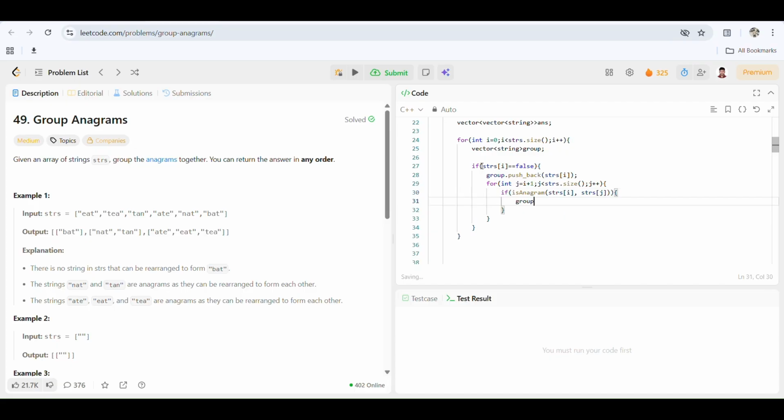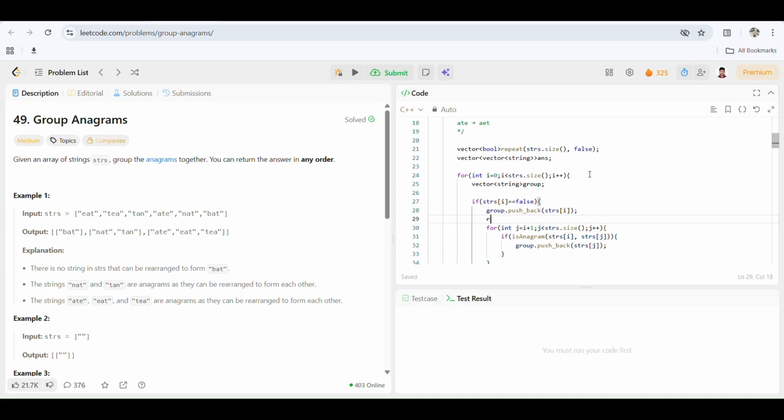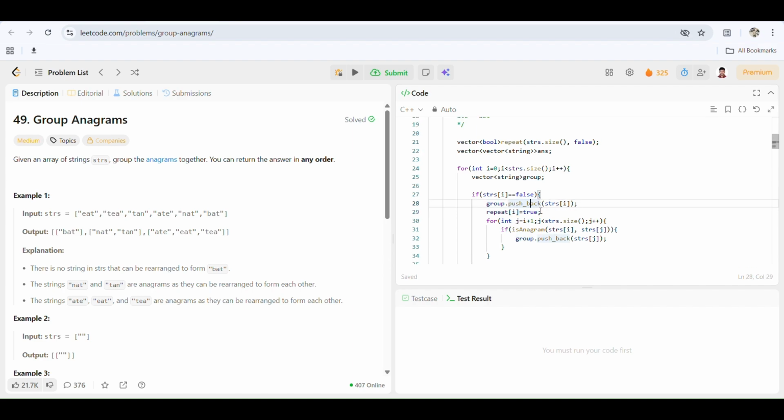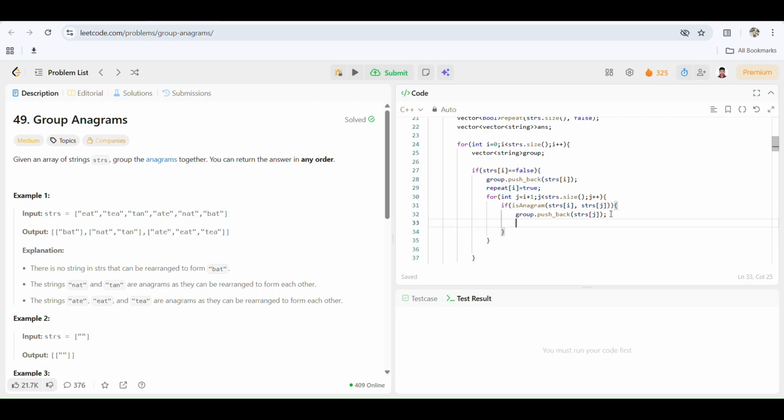And if they are anagrams of each other, we just include the strs of j in the group. And also we mark repeat of j as true. The ith index we have used here, we have included in the group, which would be included in the answer. So we'll just mark repeat of i as true and also repeat of j as true